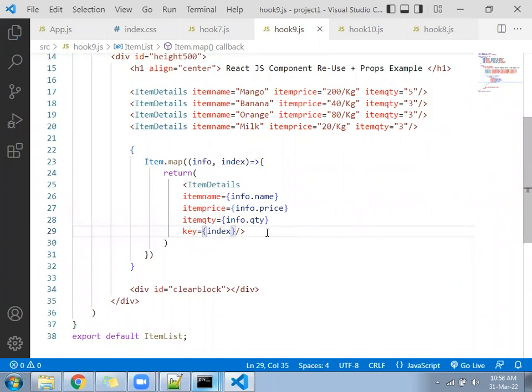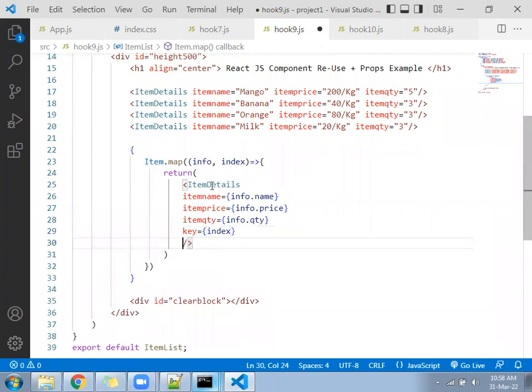Now it will show you the list of items from the array.